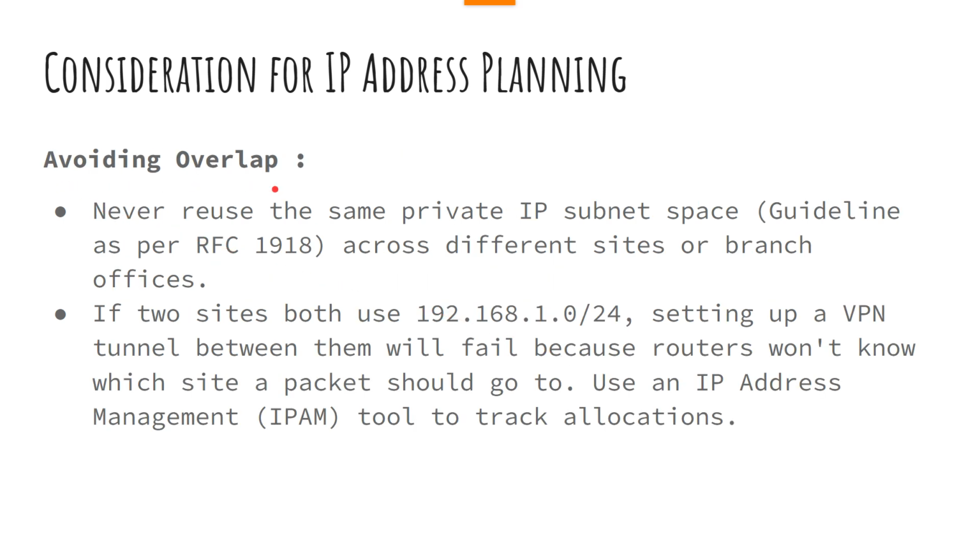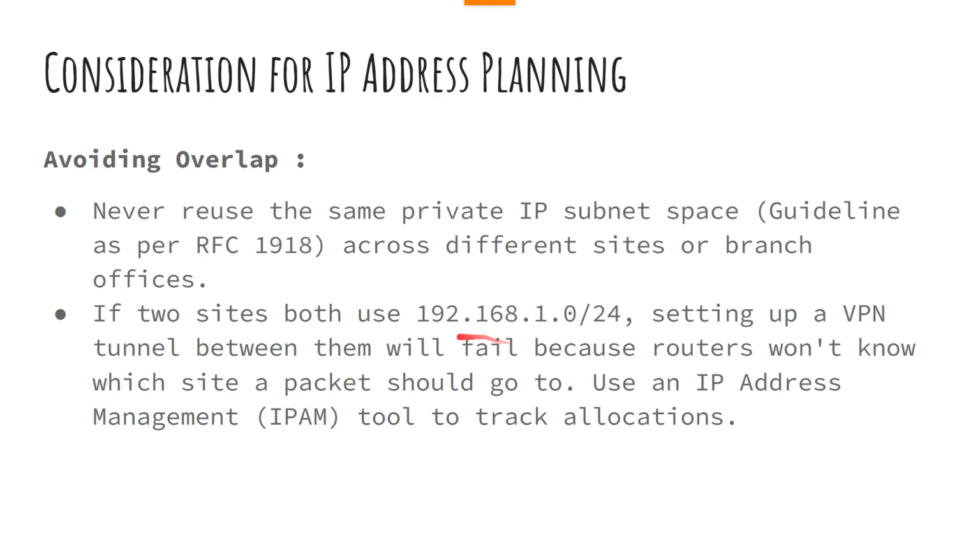The next is avoid overlapping IP addresses. What does this mean? Never use the same private IP subnet space across different sites or branch offices. Let us say I have one branch office in Pune, another in Mumbai, and the third one in Gurgaon, and Mumbai and Pune, even if they want to have connectivity for some reason,